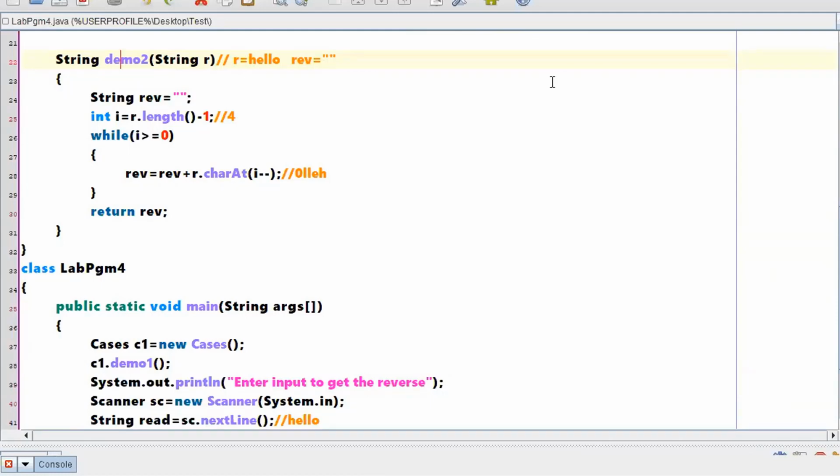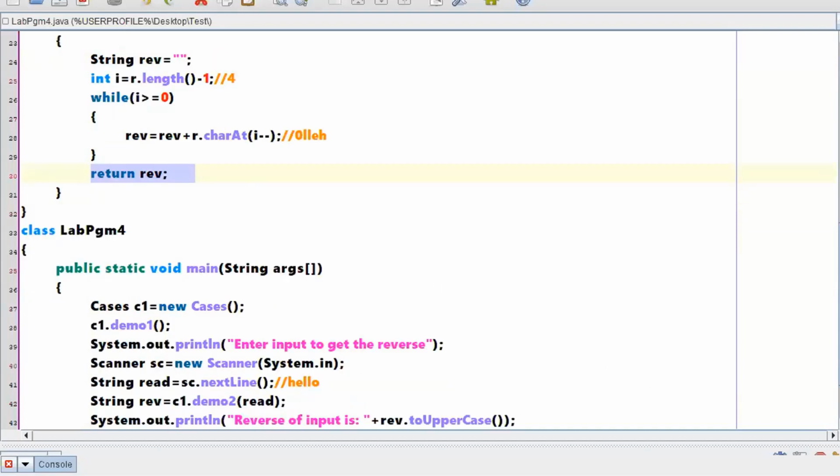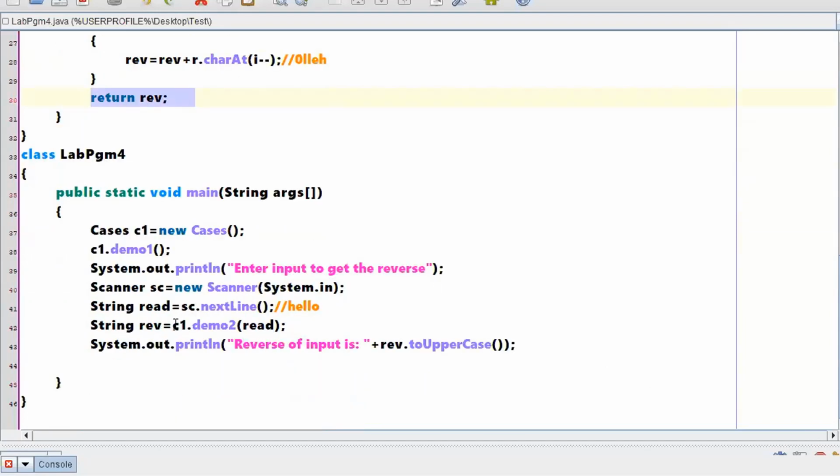Why are you equating with the string rev, string reverse? Because this particular method is returning a string object. That means return rev is there. So when I call this method, c1.demo2 with read in the brackets, this method will return me some value.